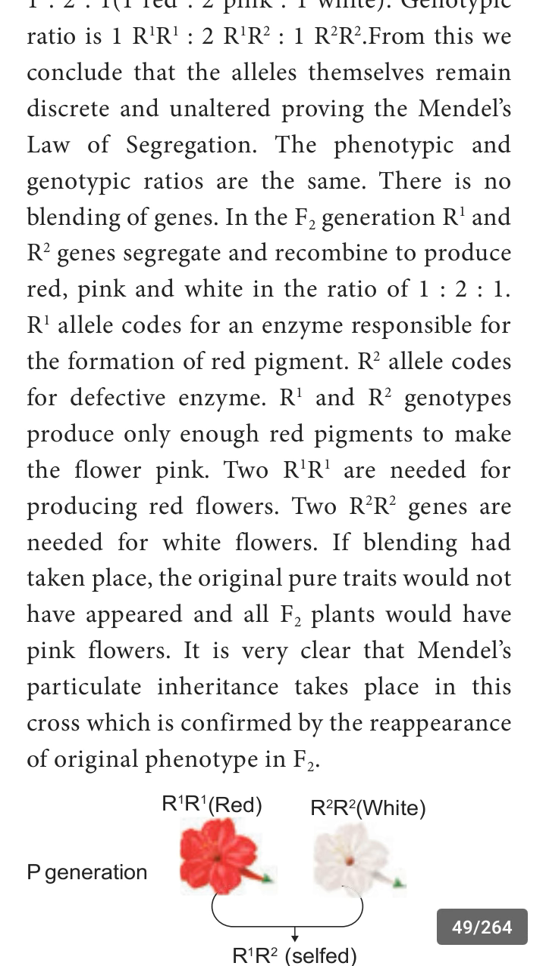If blending had taken place, the original pure traits would not have appeared and all F2 plants would have been pink flowers. So here, if both alleles are R1, we will get a red flower. If both are R2, we will get a white flower. But since only one R1 is present, that R1 synthesizes only 50% of the red pigment. As a result, the color of the flower is pink. So in R1R2, the alleles are not mixing. As a result, only in the F2 generation,